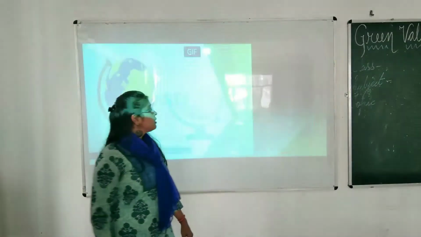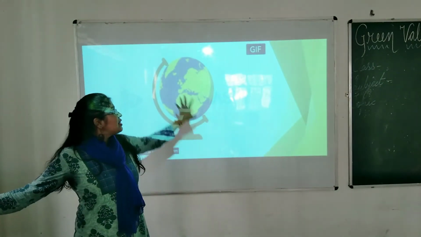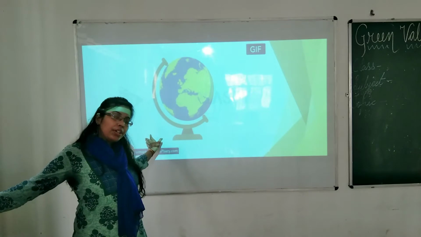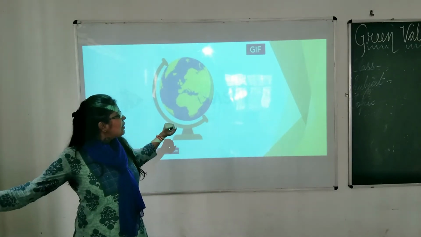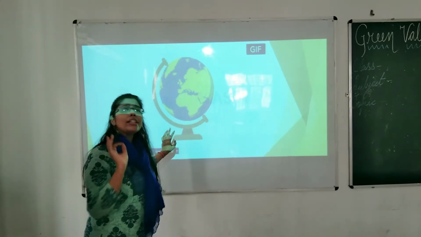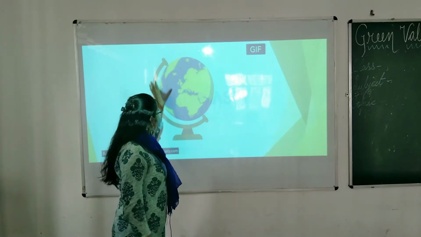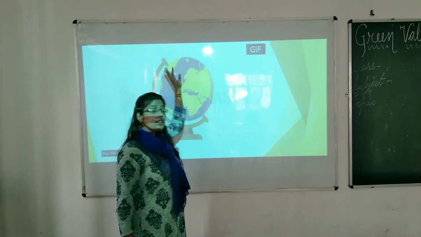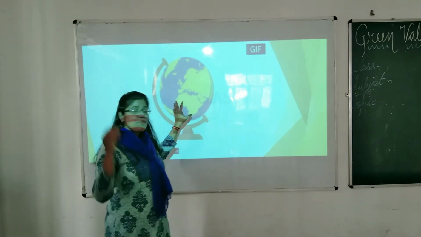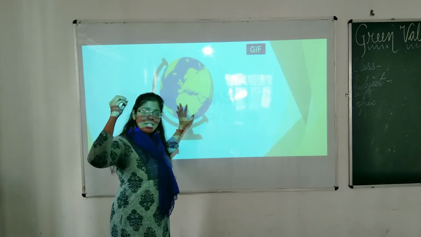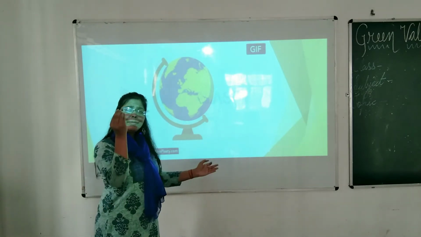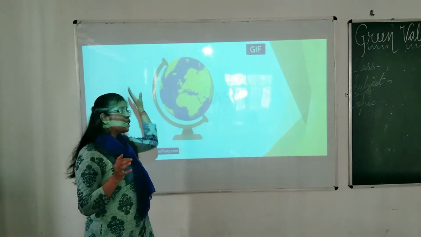Okay, so this is the GIF. Okay, this is just a globe. Again, the representation of the model of the earth. Now you can see here, what is exactly this? I am going to discuss all the things with you all. What is exactly this which you can see here? So basically I am going to discuss everything with you all. Whatever you are seeing in a globe, I am not going to miss a single thing, so that your concept is made clear, students. I will try my level best to clear your concept with all the mini terms, the miniature terms, everything which is included in this chapter.